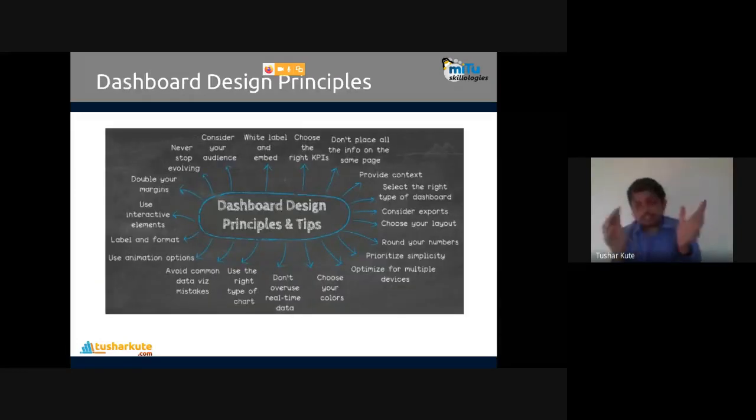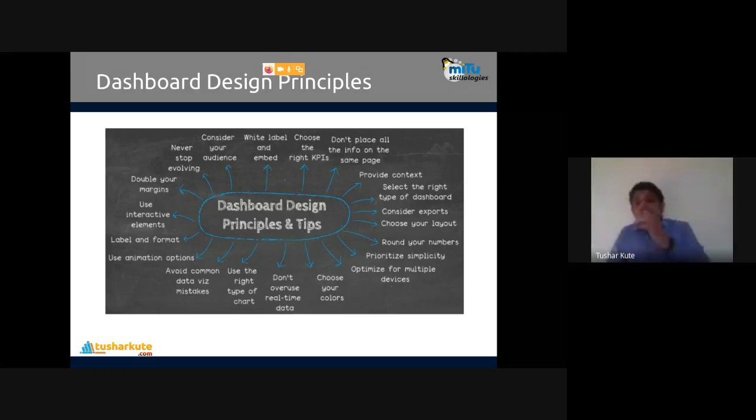Yeah, this is what the evaluations are for dashboards. And let's talk about one of the most important parts of the dashboard here: what are the design principles? I want to design the dashboards now, so what principles do I need to look for? 20 design principles are there for dashboard design. What we have to look for.